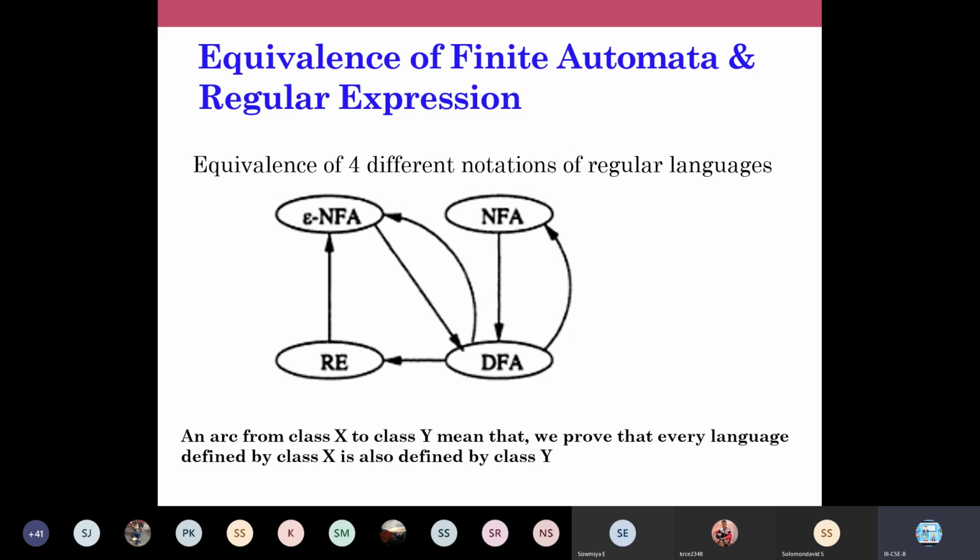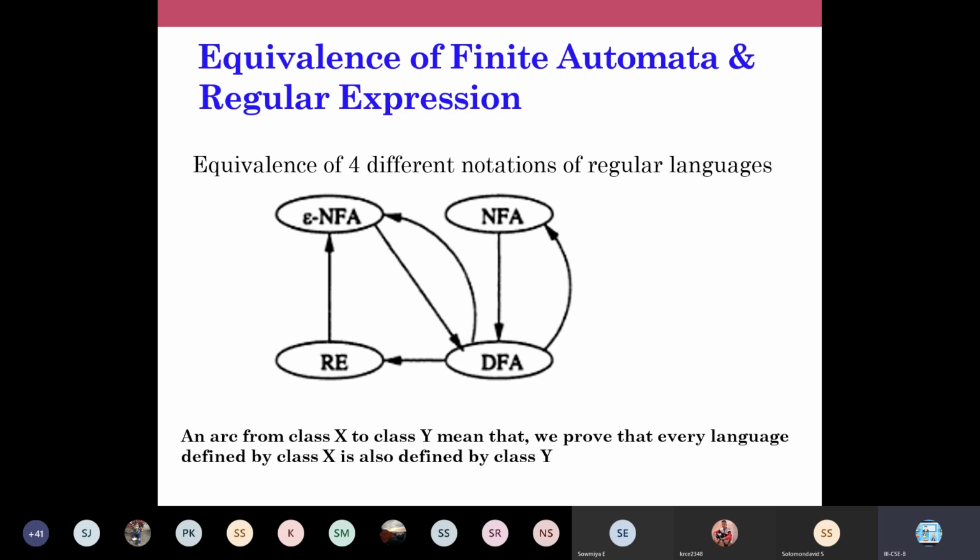There will be a theorem associated with that arrow, and also there will be a problem in converting one notation to another notation. Each and every arrow denotes a particular theorem and particular problem in doing such conversion. Similarly, watch the other arrows also. From DFA to NFA, there is an arrow. So if there is a DFA, then there will be an NFA. We can convert it. And if you simply add an epsilon edge to an already existing DFA, that DFA will become an epsilon NFA. So that is also possible.